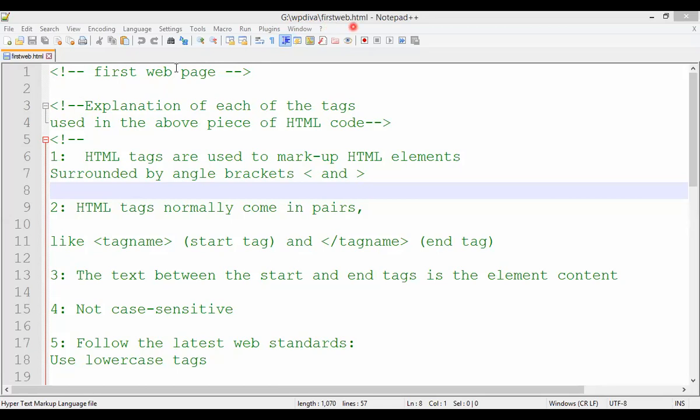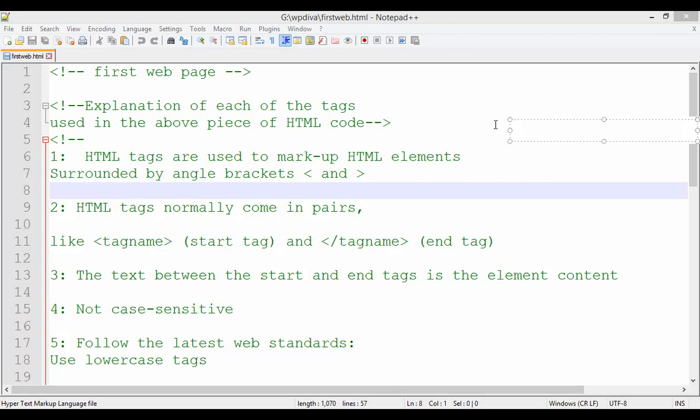So I have told you this in lecture 6 also. You can go through that video for lecture 6, how to create an HTML file, how to create a folder and creation of this HTML file. Okay. So here we will see what is the next explanation when it comes to HTML structure.